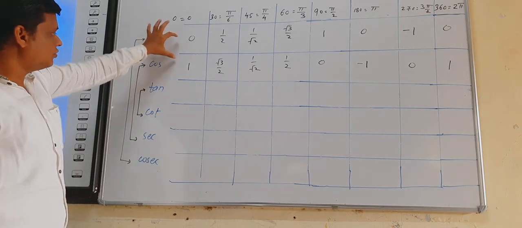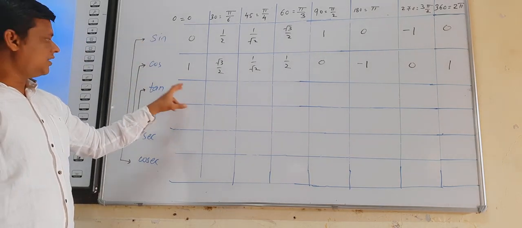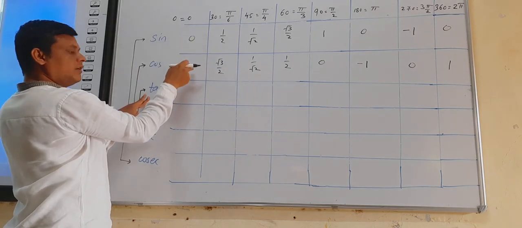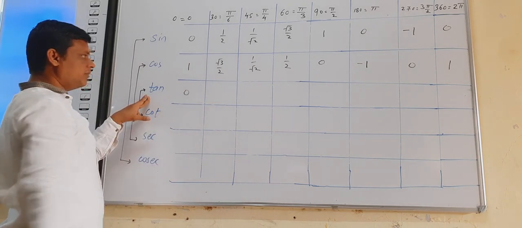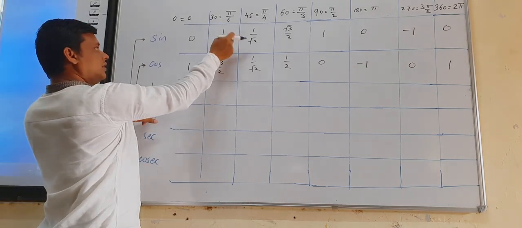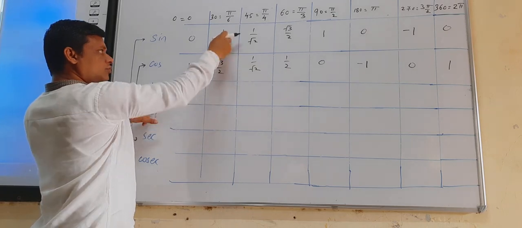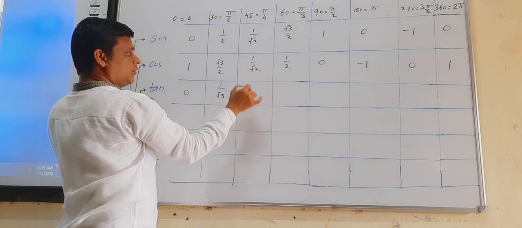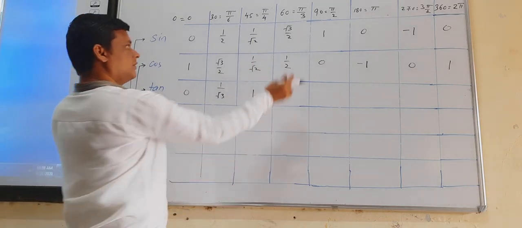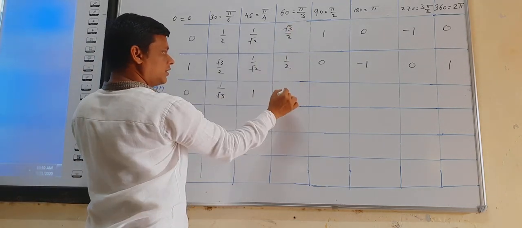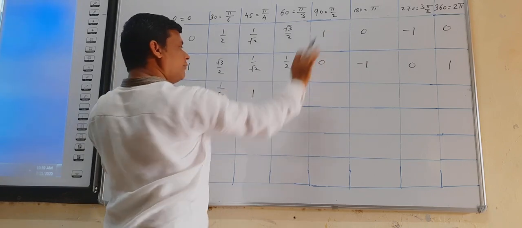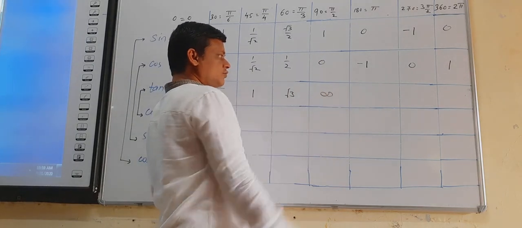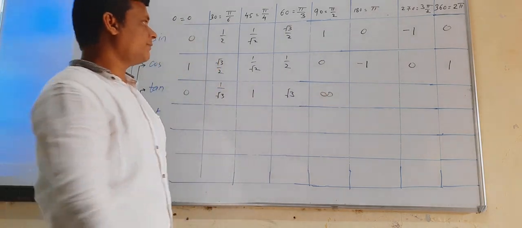So from these two you can make entries for the remaining. So for tan 0, 0 upon 1, so 0 upon any number is 0. Tan for 30, 1 by 2 upon root 3 by 2, 2 get cancelled. So we get here 1 by root 3, 1 by root 2 upon 1 by root 2, root 2 get cancelled. We get here 1. Root 3 upon 1, that is root 3. 1 upon 0, any number upon 0 is not defined. So we write here the not defined symbol.